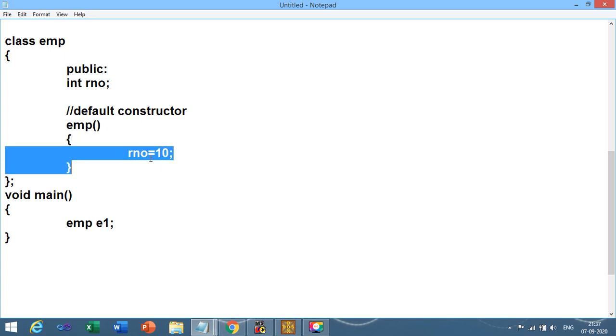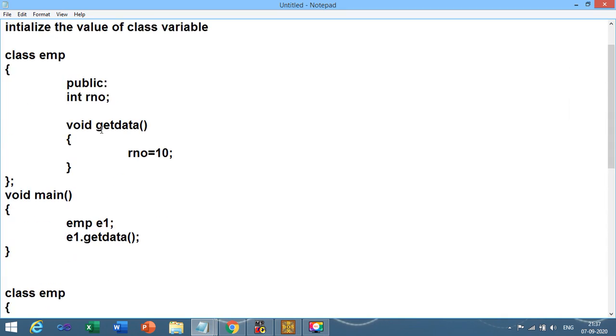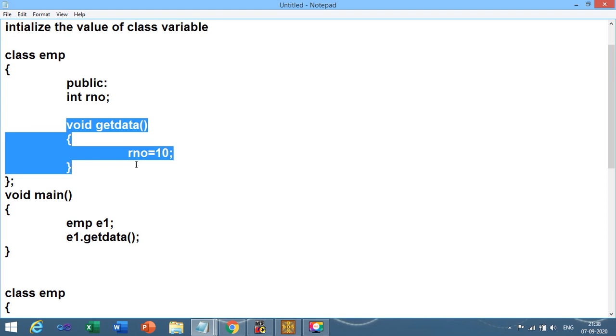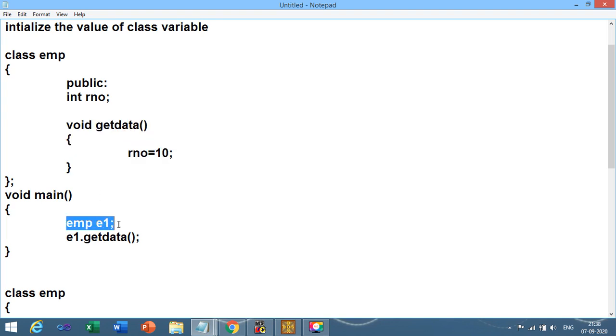But if it is a UDF, first of all you need to create an object of the class, and with the help of the object of the employee class I am able to call the get data function or UDF. You cannot call get data directly, but first you need to create an object, and with the help of that object I am able to access the method which is declared inside the employee class. Now this is all about our previous session.